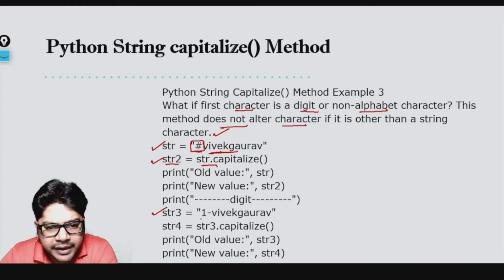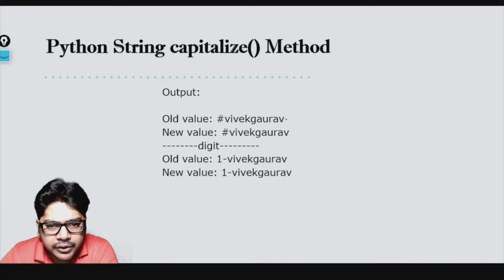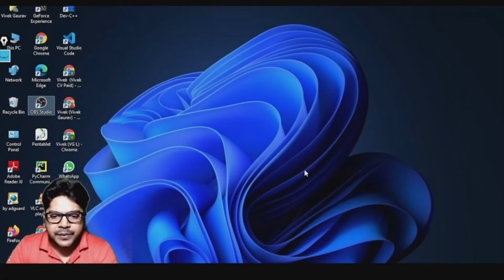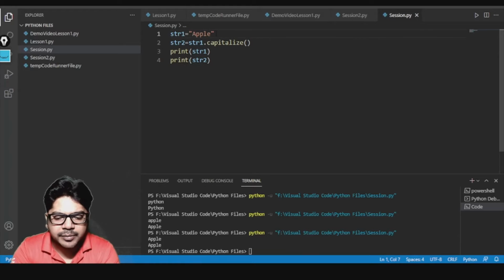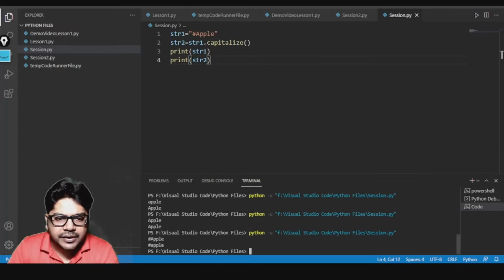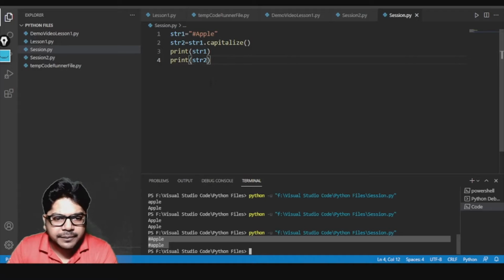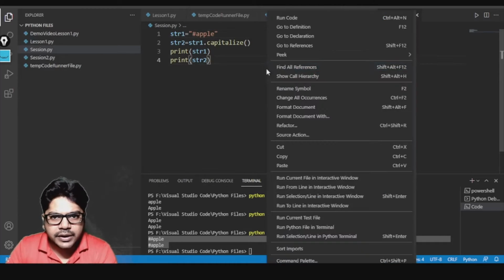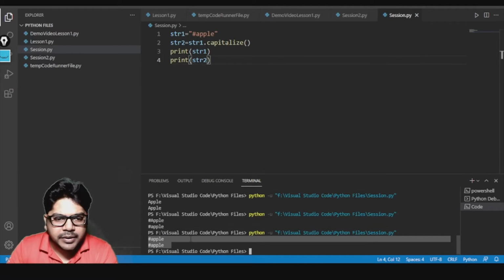Another example we have taken is a number, 1 hyphen Vivek Gaurav, and then we try to capitalize this, we are going to get the same value, right? It is not going to make any changes in that. So let us go over there and make the changes. Here let me write hash first, okay, and then try to run this code. So you see it did not make any changes. Can you see that? The rest of the thing is still the same. If I write a small a over there, then you see what happens. It gives me exactly the same thing, right? So the capitalize function changes only the first character, the rest of the string remains unchanged.